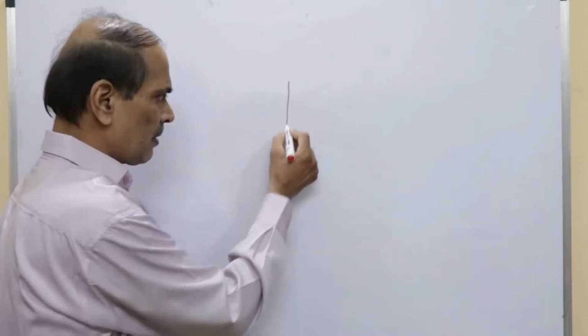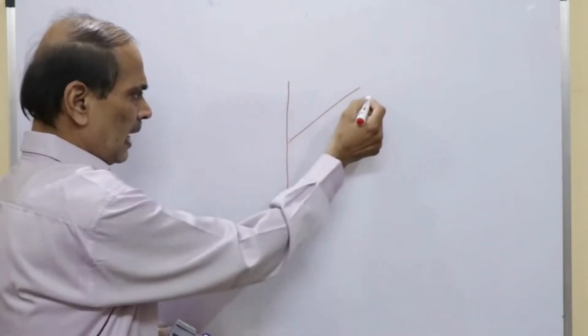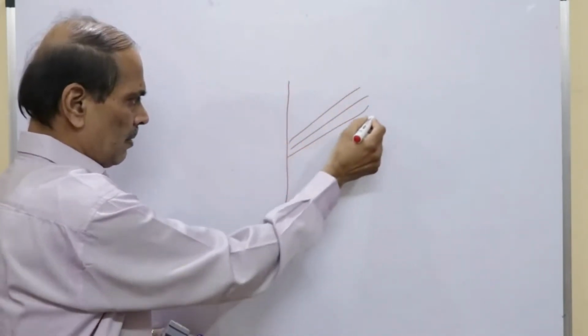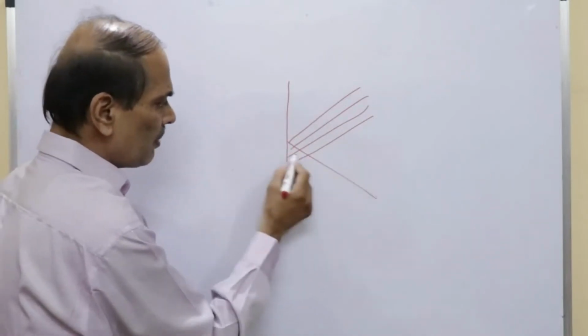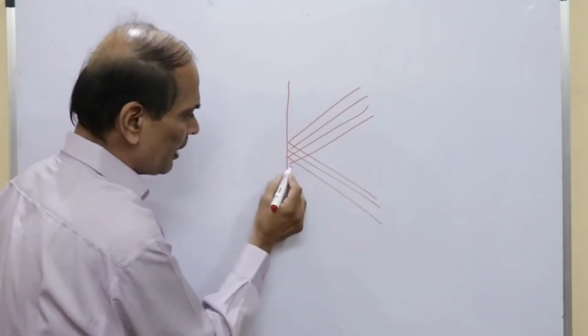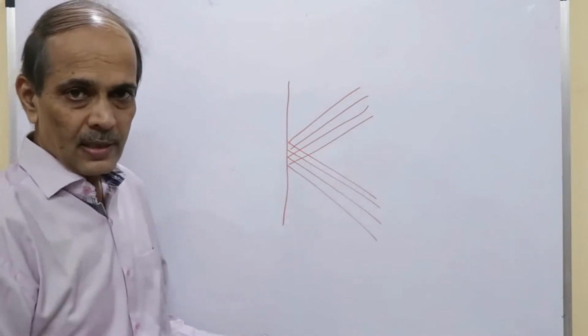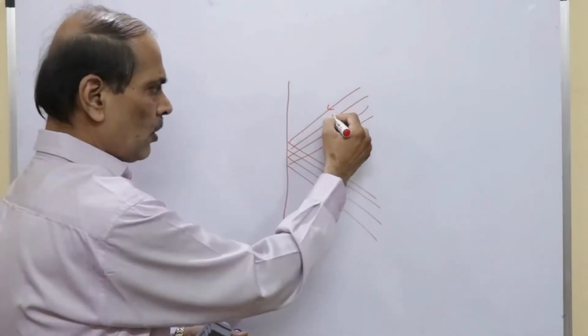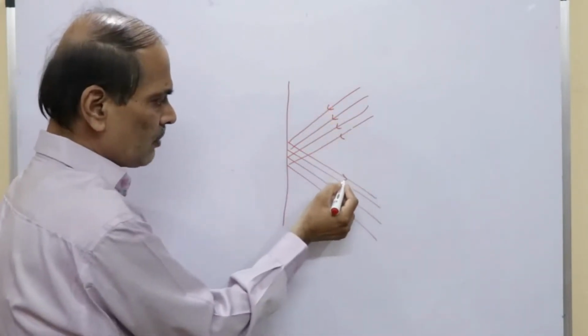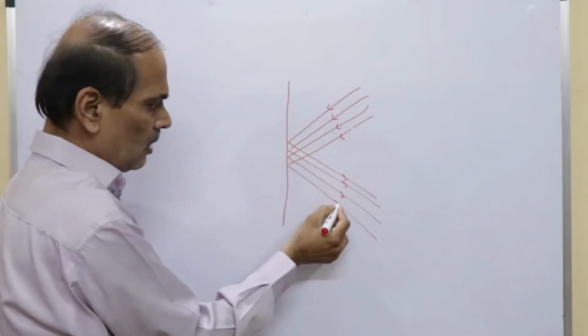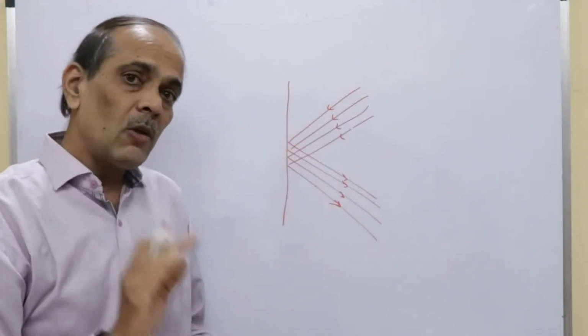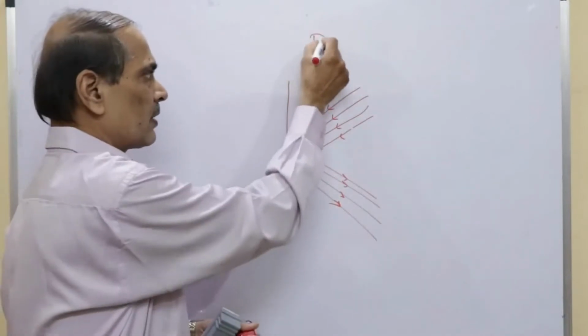But in a mirror, what happens? Let's understand that if this is a mirror and several light rays are falling onto it in a parallel manner, then each ray will bounce off in the same parallel direction like this. So these are the rays coming and falling onto the mirror, and these are the rays which are reflected off the mirror. So there is a definite pattern of reflection because this is a regular reflection.